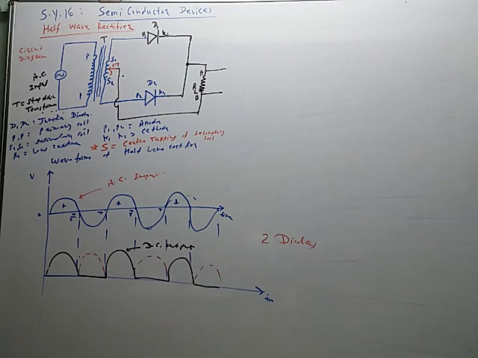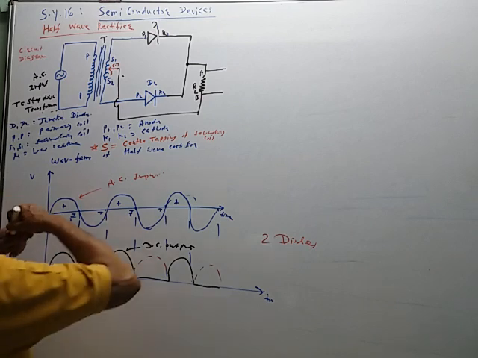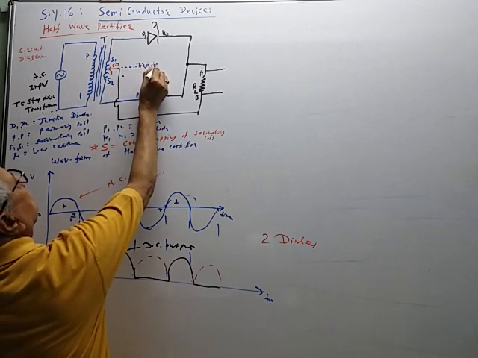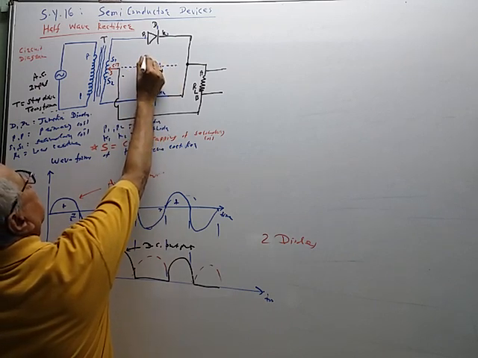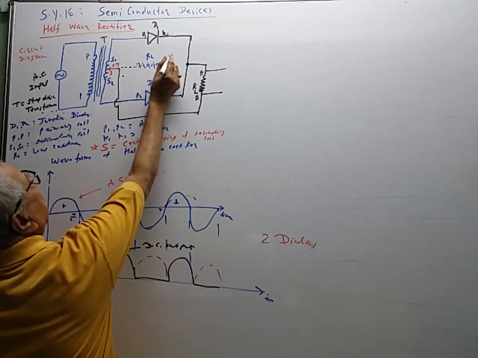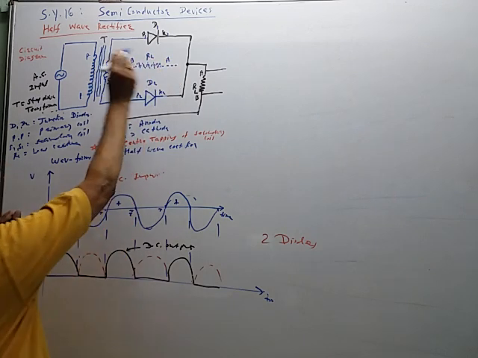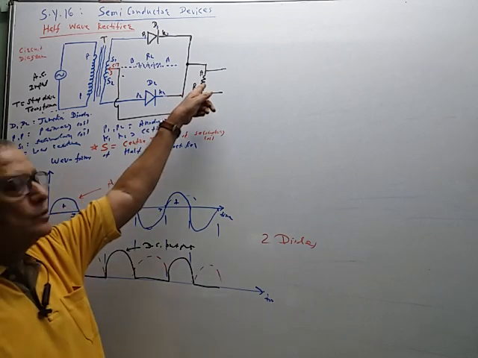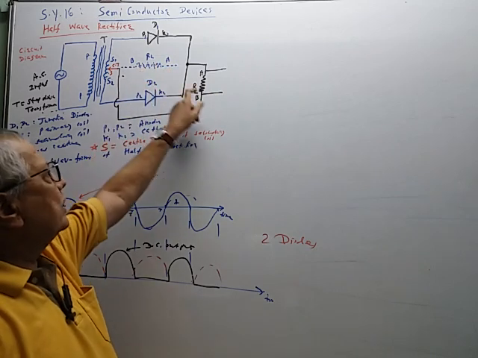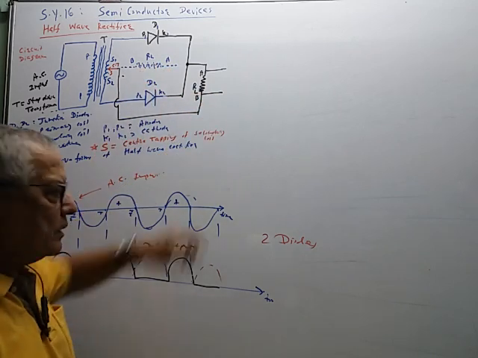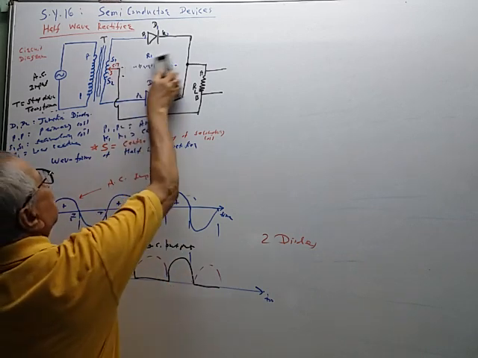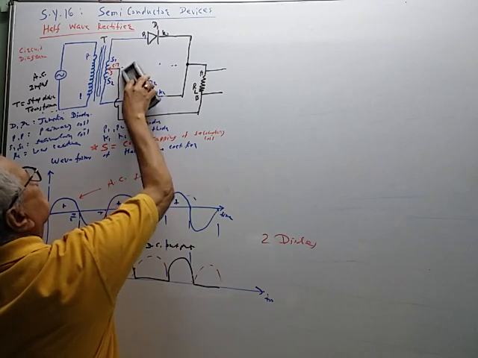So this RL can also be connected instead of this position. It can also be shown like this. RL. So this point will be A, this point will be B. A is connected to the RL and this B is connected to the center tapping. So either you can use this connection or you can use this connection. We are using this type of connection. In our notes, this type of connection we are using, and therefore we will not use this connection, like this.